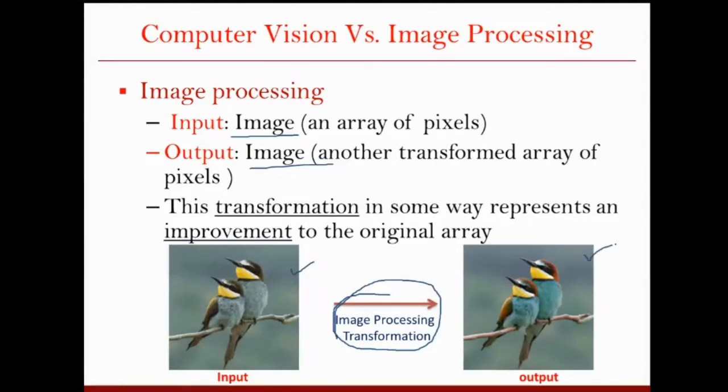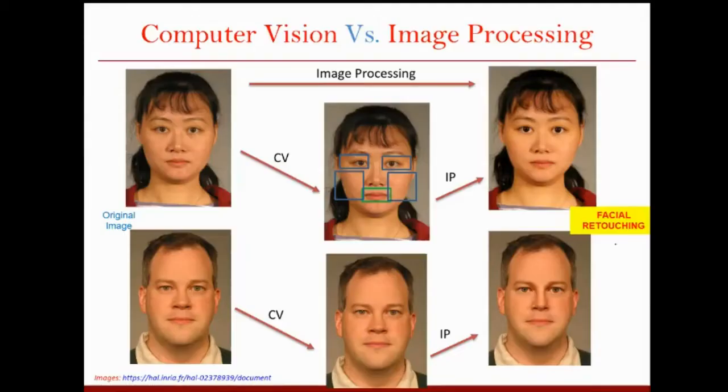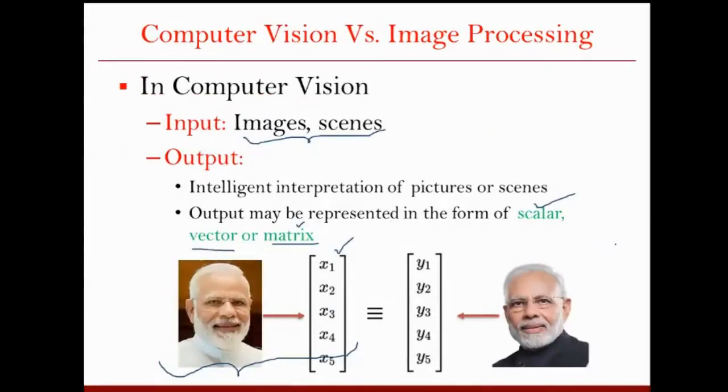So in this case, when you are doing the image processing, the input is also going to be an image and the output is also going to be an image. So this way, I guess you can get some idea about the difference between computer vision and image processing. And if you do a computer vision task, here it looks like let's say our input images are of not good quality. Then what we will do, we will apply an image processing application.